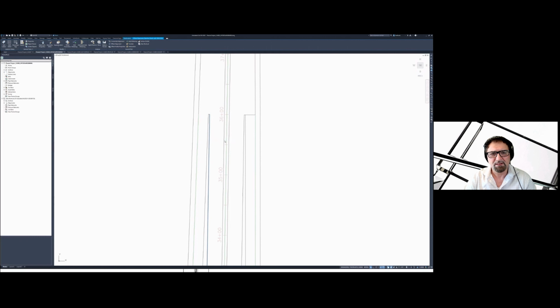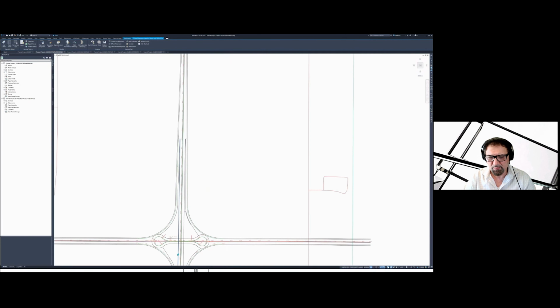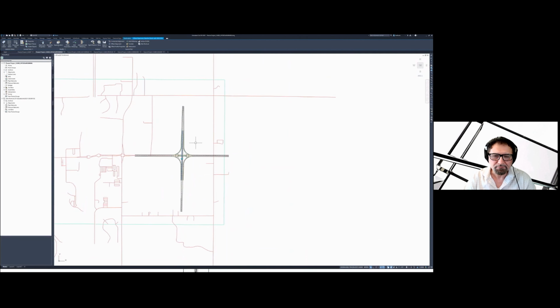Before and after, I've utilized masking. So you can see that I've started masking from 0 to 1,400, and then again from about 3,600 to the end of the alignment. So from here, that edge of travelway offset is being masked.